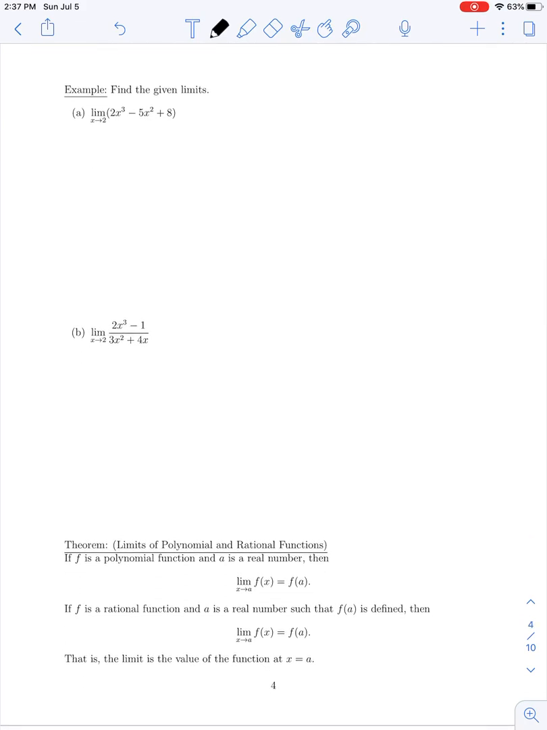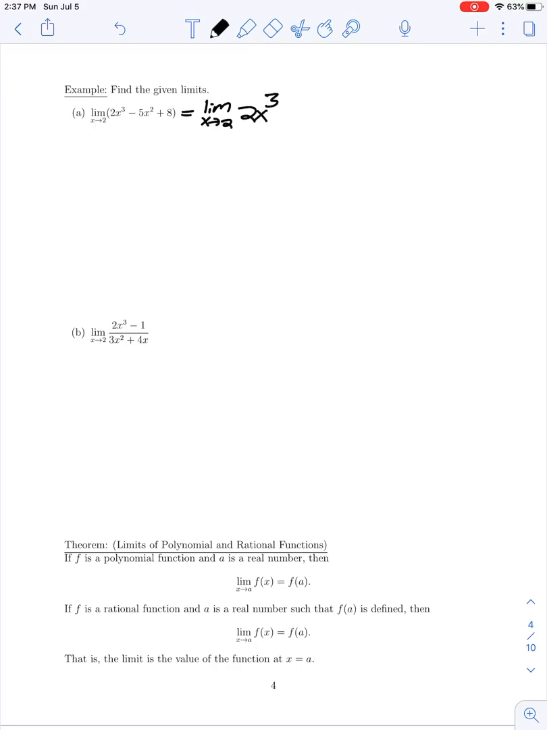In this next one, we're asked to find the given limit, and in part A, we have the limit as x approaches 2 of a polynomial, 2x cubed minus 5x squared plus 8. So a polynomial is just a sum or difference of a bunch of individual terms. So by making use of the sum or difference rule, this limit is equal to the limit as x approaches 2 of